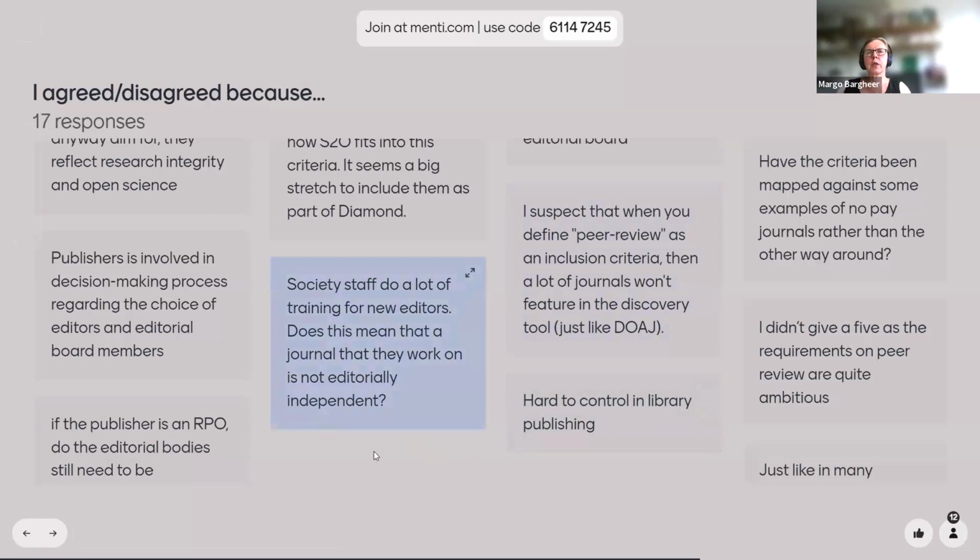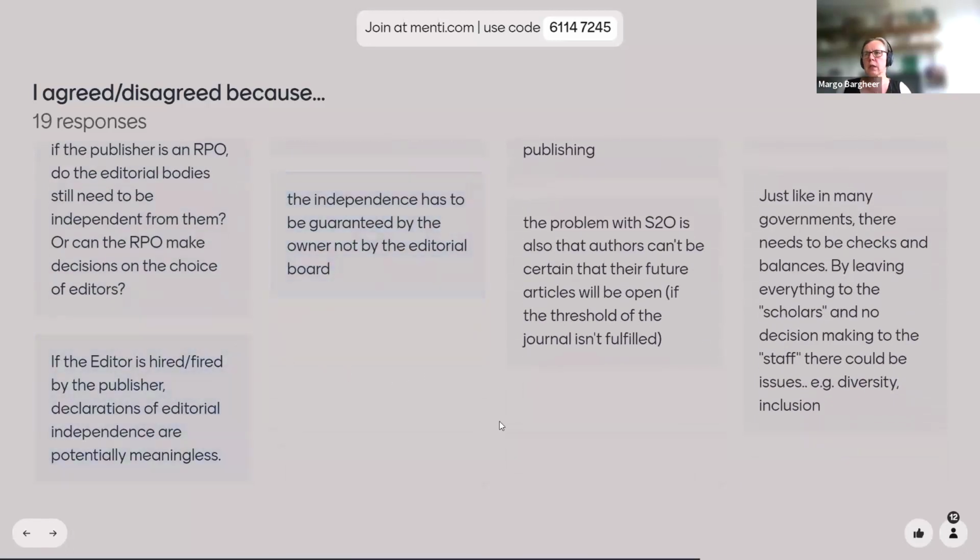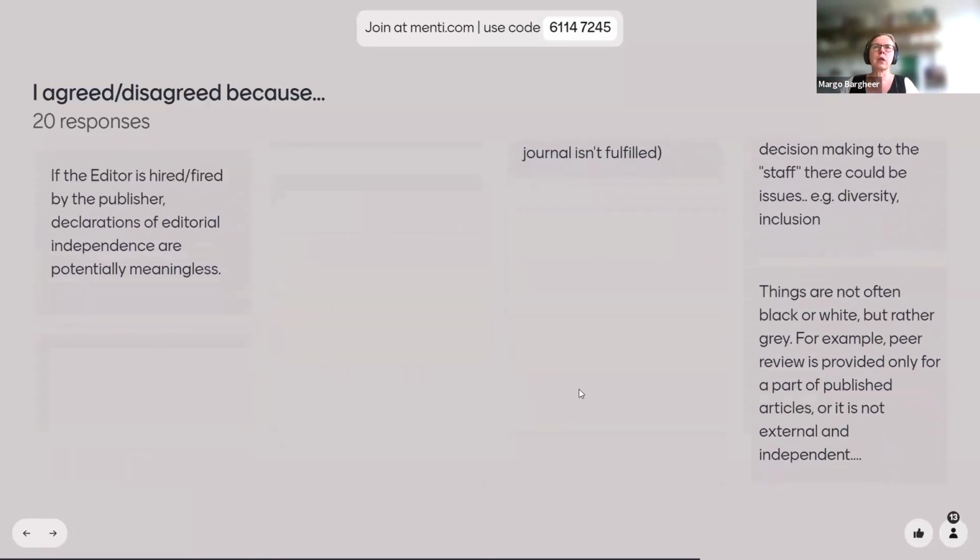One problem that I personally have with Subscribe to Open is that the investment of the community is not into the infrastructure itself, but into the accessibility to the content. And therefore, I am not totally happy with defining Subscribe to Open as a full flavor of Diamond, because the idea is also that the community owns the infrastructures around creating the content and around displaying the content. And to the question of Hazim in the chat,